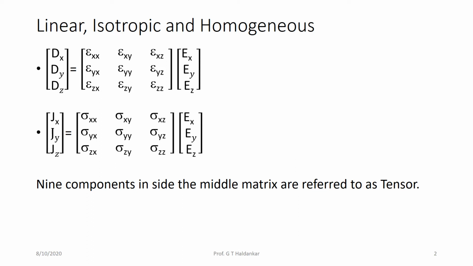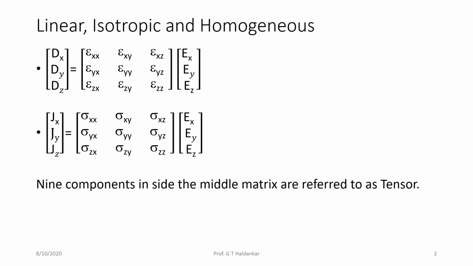When it depends, an example is the atmosphere. So in the atmosphere, it depends upon the XYZ components. So epsilon value depends upon XYZ. So here it is written epsilon XX, XY, XZ, like that. So it is space variable dependent. So it is not homogeneous. So if it is independent of XYZ, then it is called homogeneous. If it depends on XYZ, then it is called non-homogeneous.